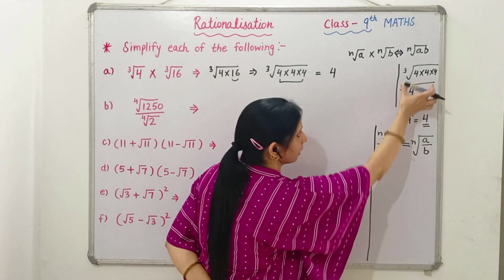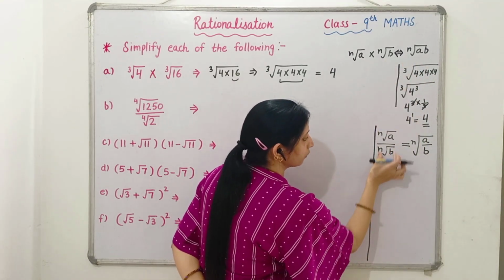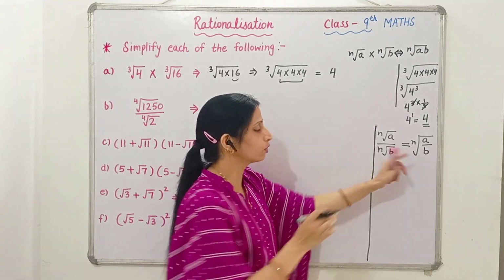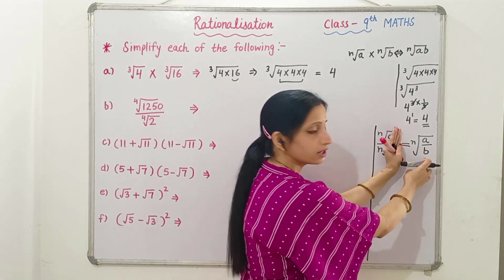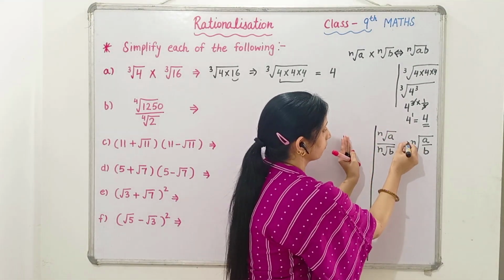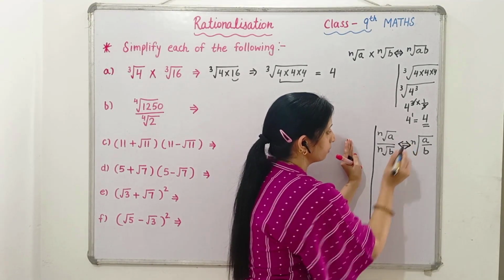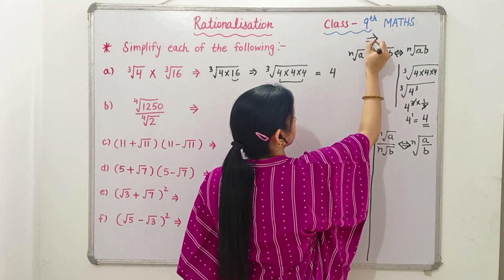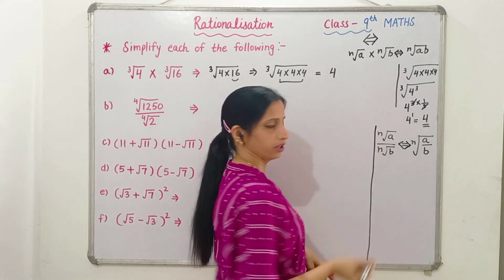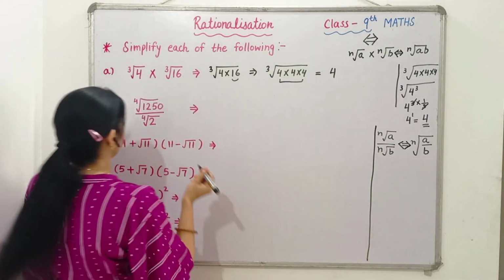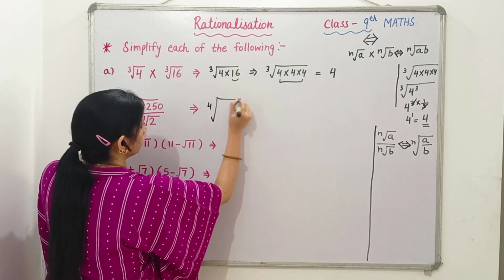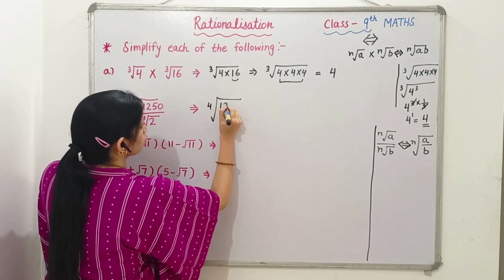So same as we did in this, whenever the question is given in this form, then we can write in this form. And suppose in the question it is already given in this form, so we can use this one. So vice versa is also correct. I am using this symbol on both sides. This is, we can write by both the ways. Now, let's do it. Write 4 as it is outside. Put the root.